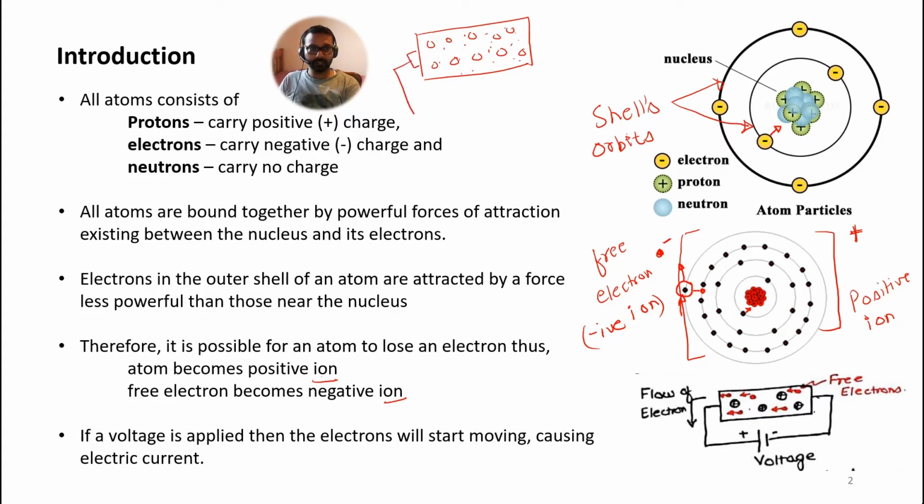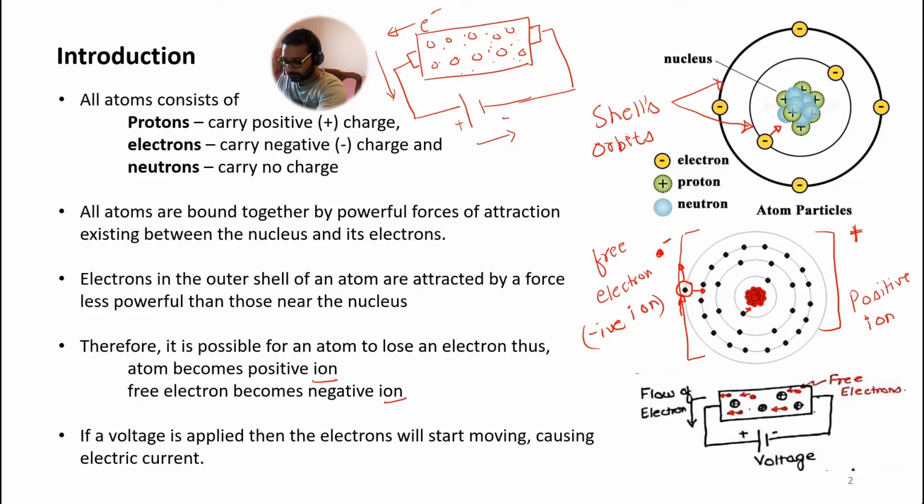Now if you apply an electrical force, that's your voltage, across this, let's say we apply the positive and the negative terminal like this, the electrons will be attracted towards the positive and they will start flowing in the circuit,